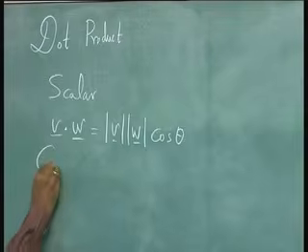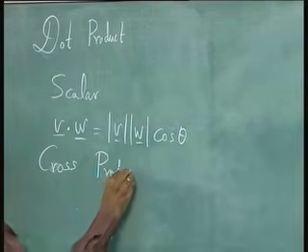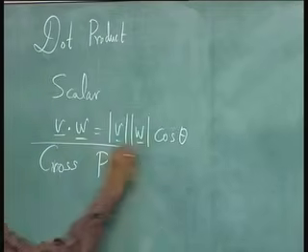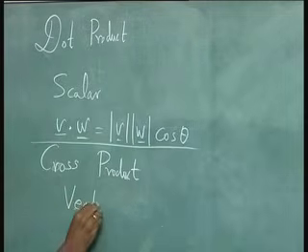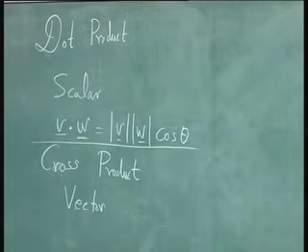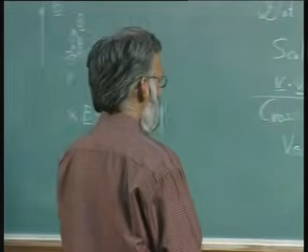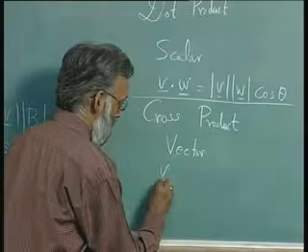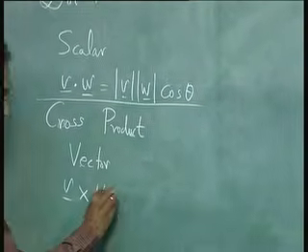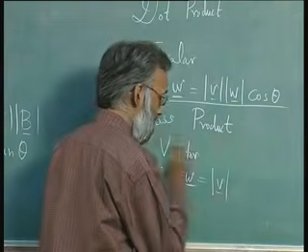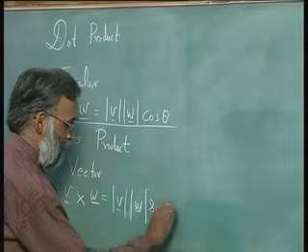The cross product is a vector itself. So, a cross product not only has a number associated with it, it also has a direction associated with it. If I have a vector V and I find its cross product with a vector W, its value is the length of the vector V, the length of the vector W times sin theta,